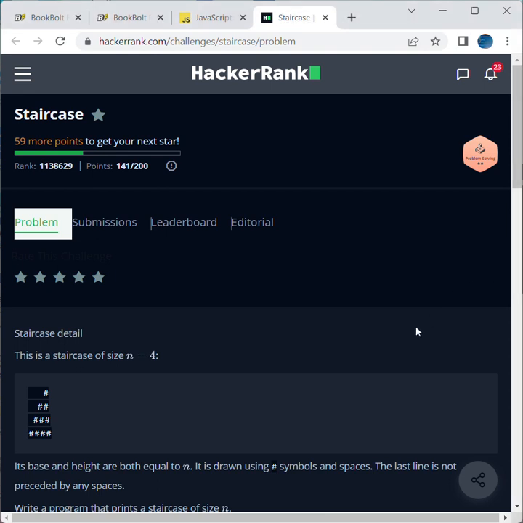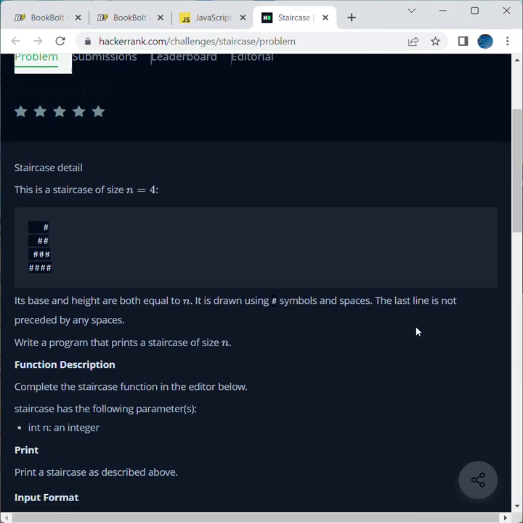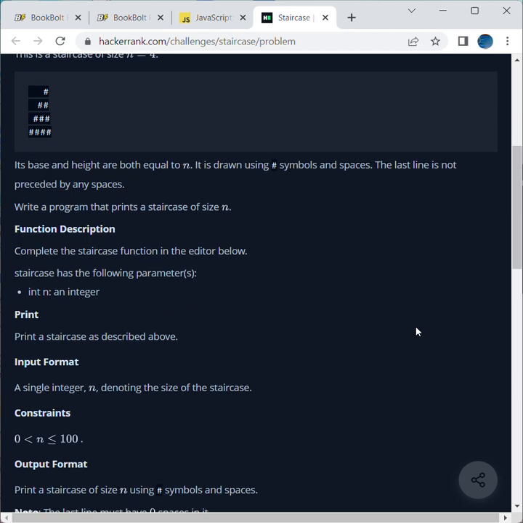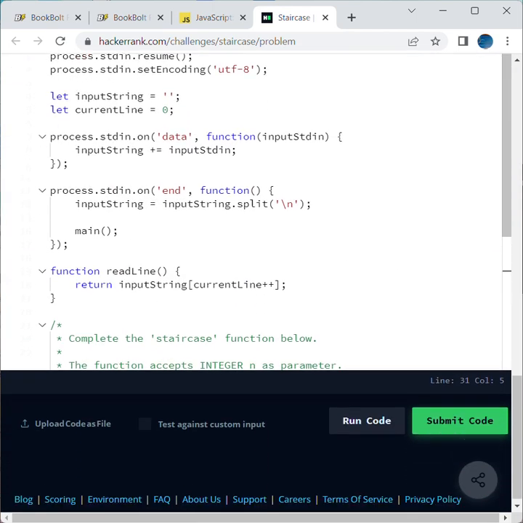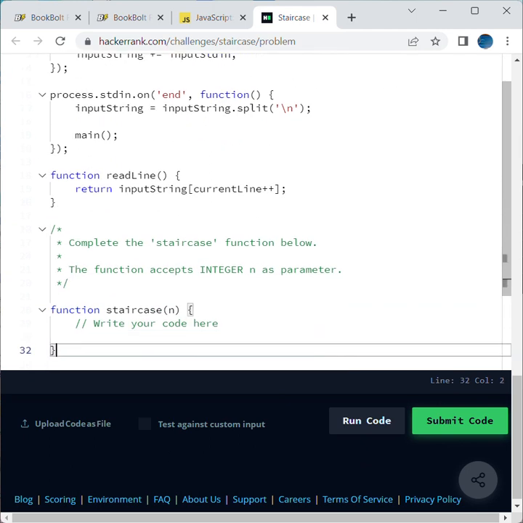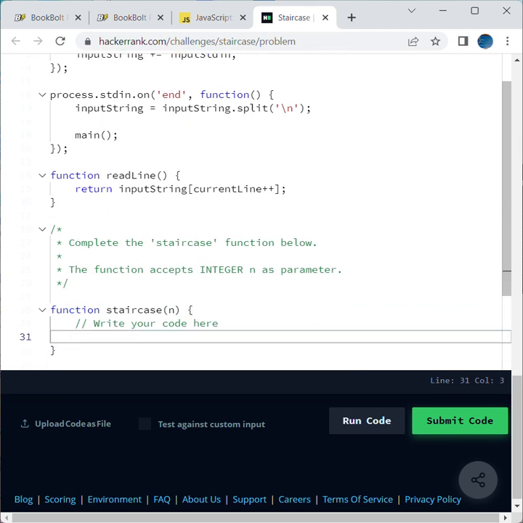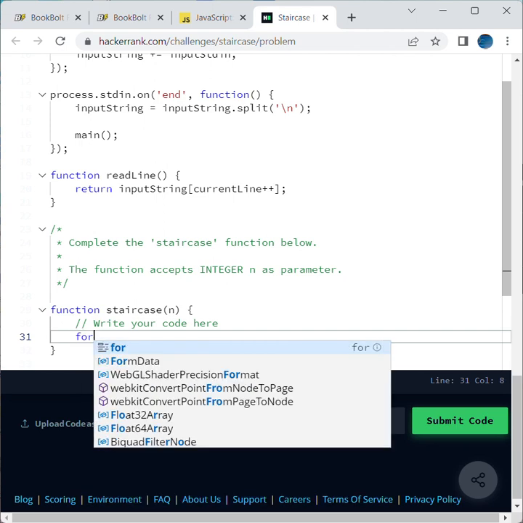Okay, let's go through the problem now. You can go ahead and read the description of the problem and the function, and then we are going to go straight to solving it. And then we'll test it. Okay, here we go. Using the for loop for